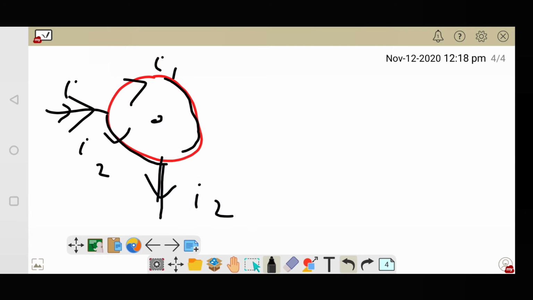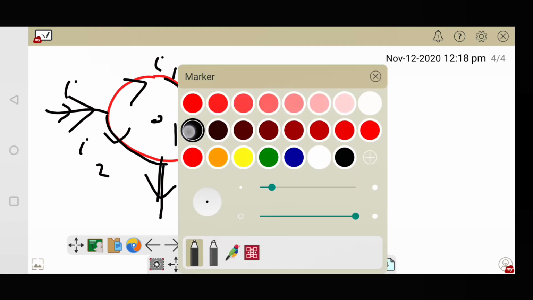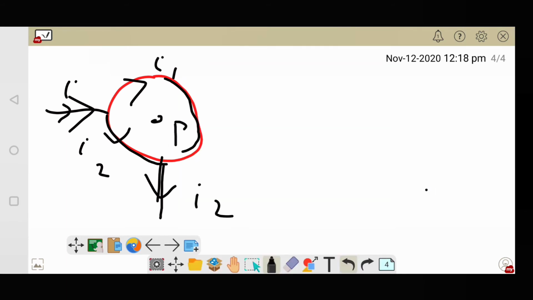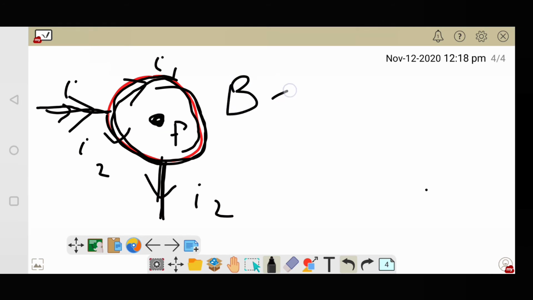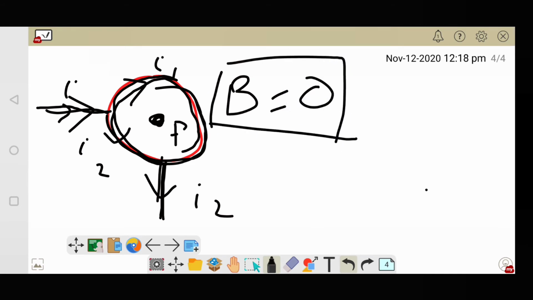At this center point P, we have to find the magnetic field. Now for any such condition, it may be a loop in the circular form or in triangular form. If current is entering the loop at one part and it is leaving in another part, the net magnetic field at the center point of symmetry is always equal to 0. So here directly you can say that option A is the correct answer.